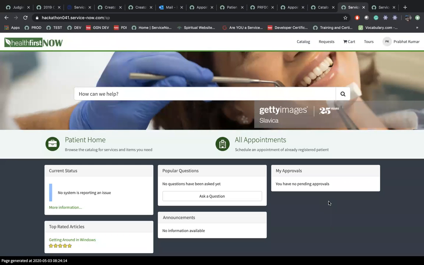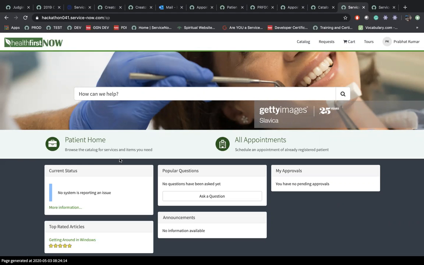So we have developed this application to bridge the gap between hospitals for referring the patients and giving the access to their system and reading the information about their in-house patient and giving them a smooth transition process and automating the internal hospital processes. So we have created this application.